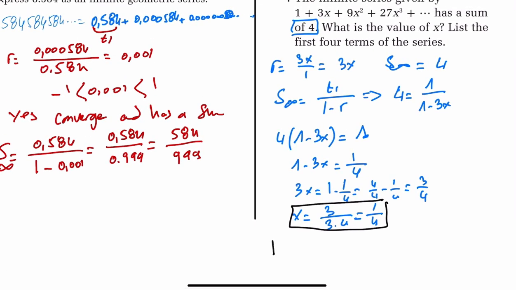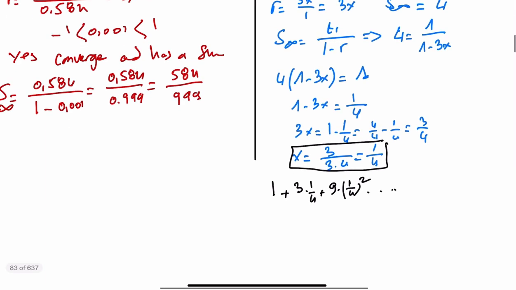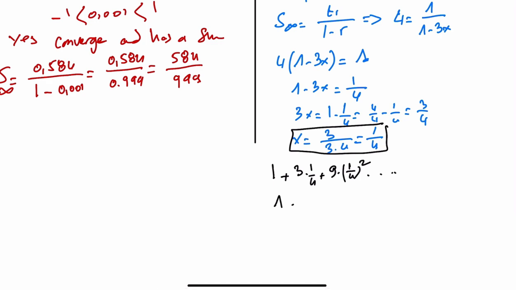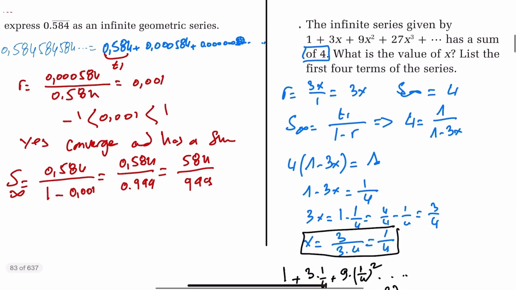So 1 plus 3 times 1 over 4 plus 9 times 1 over 4 squared, and so on, which is 1 plus 3 over 4 plus 9 over 16 plus 27 over 64, and it will keep going like that, plus